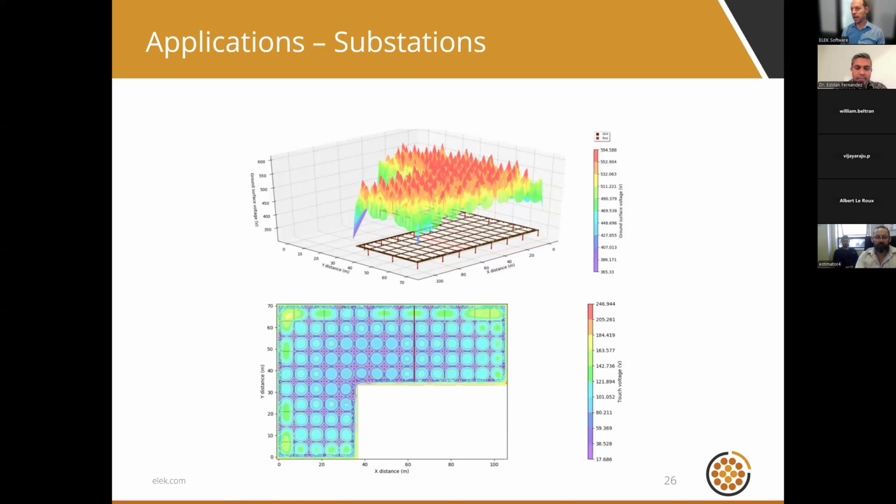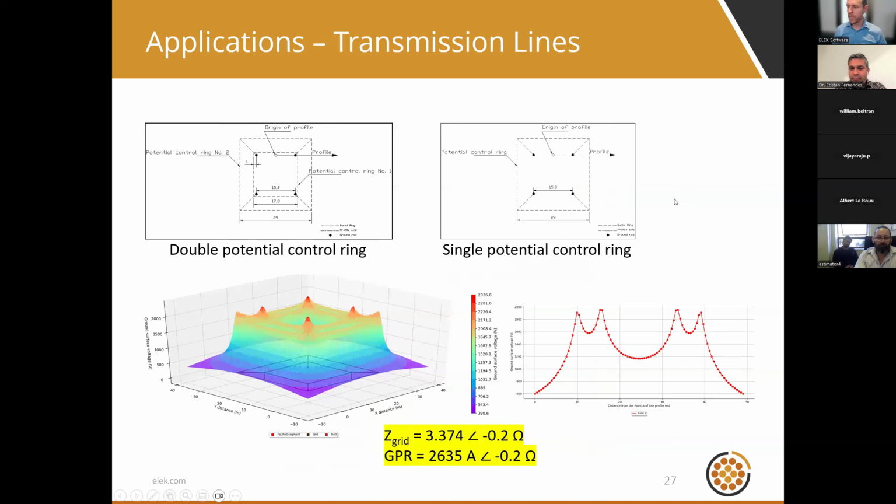Let's look at some of the applications if we're involved in earthing system design. Some of the applications definitely would be substations. We'd look at GPR, surface touch and step voltages. Transmission lines, these are also modeled. Very often we'll need to determine the impedance of a standalone transmission line earthing system. We may or may not need to calculate GPR, but most often it's a standalone grid resistance, sometimes a touch voltage.